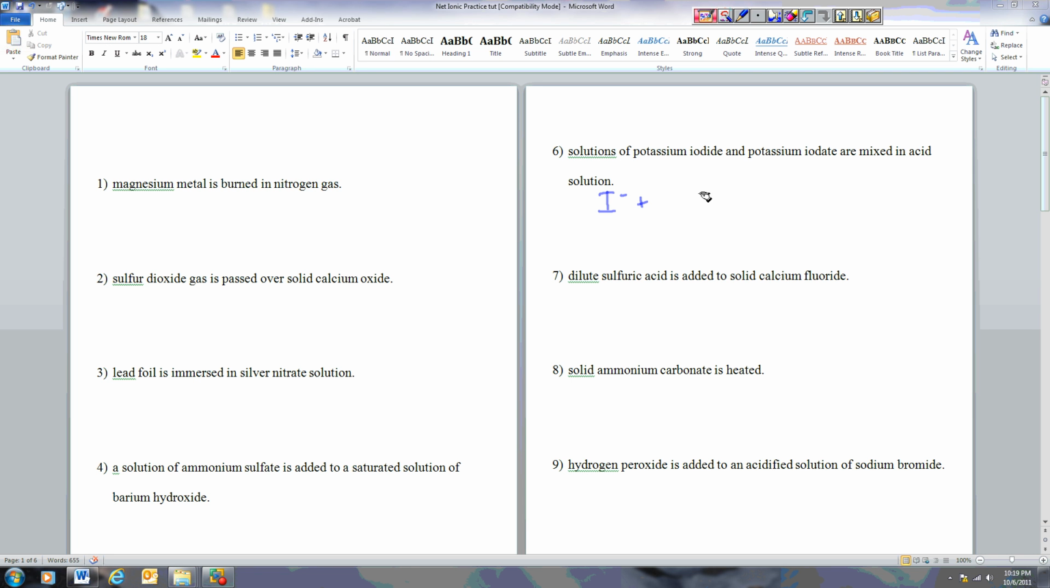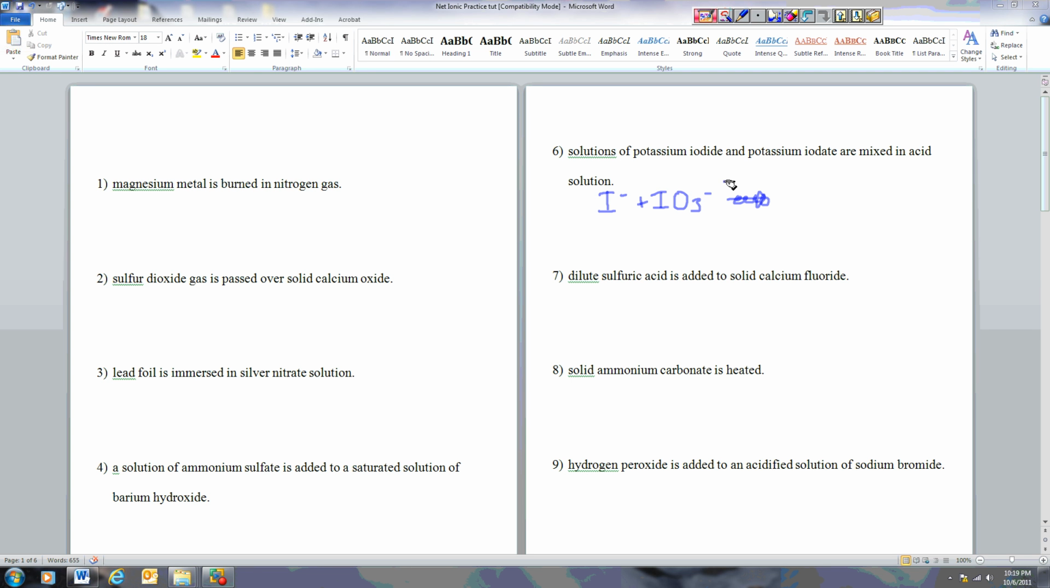And potassium iodate. Once again, goodbye potassium. So iodate is just IO3 minus. So what kind of reaction can this possibly be? Well, is it acid-base? Well, you have the word acidified, and I almost forgot all about that, so let's put